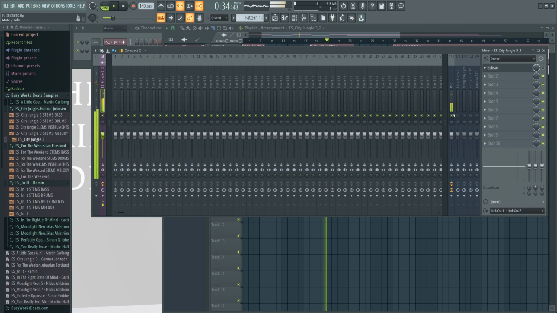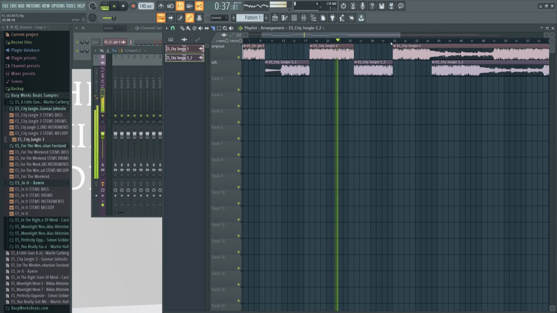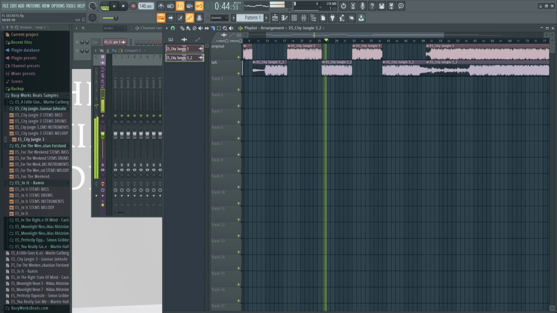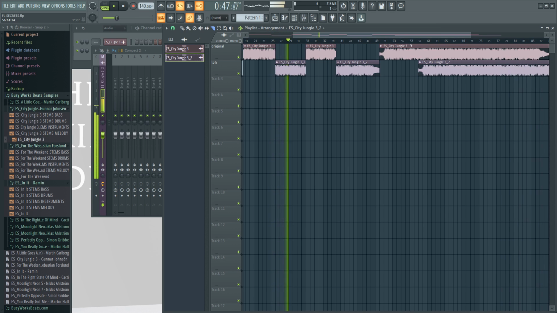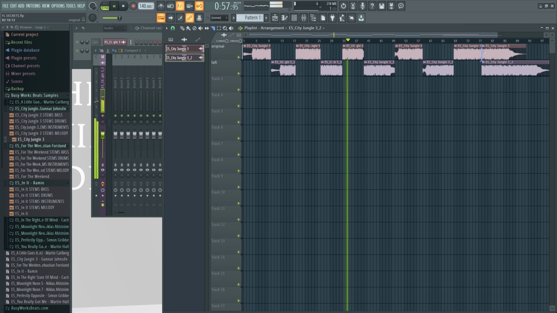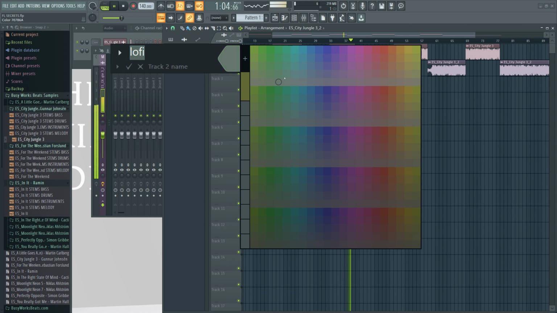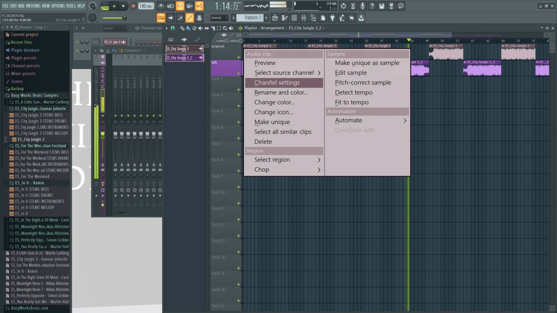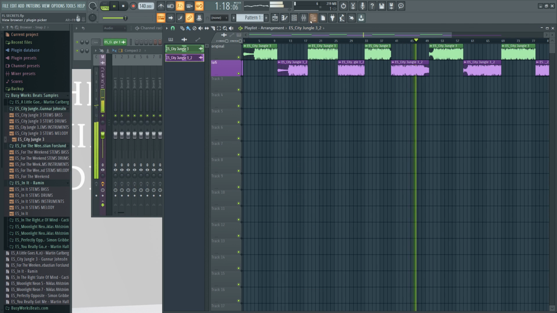You can hear a lot more high frequencies with the unaffected audio, so it sounds cooler when you listen to the drums.